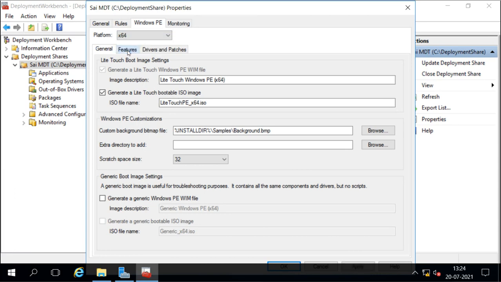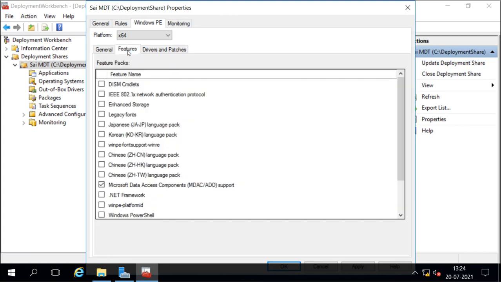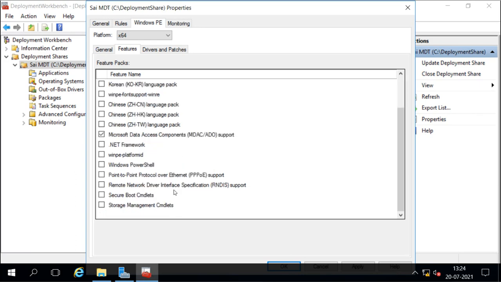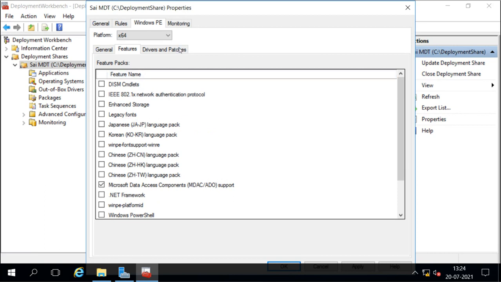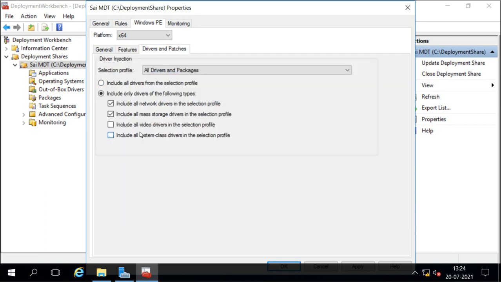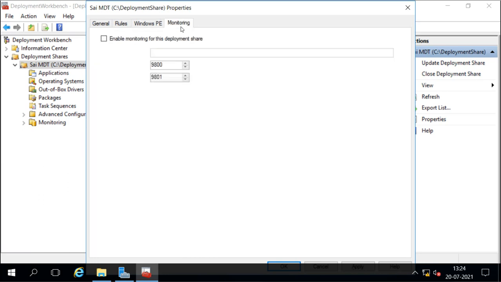We have the option to add some extra features into the boot image file. Remember, it is only the boot image file. Already it is going to add this information here, these features, and also these drivers. It is going to add all the drivers and packages which are there. Then here is the monitoring setting. If we enable the monitoring setting, then it is going to show in the monitoring tab.